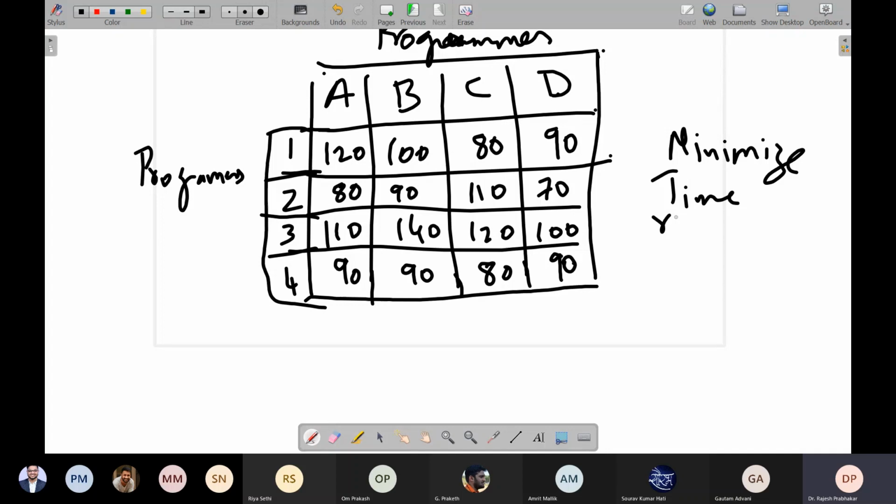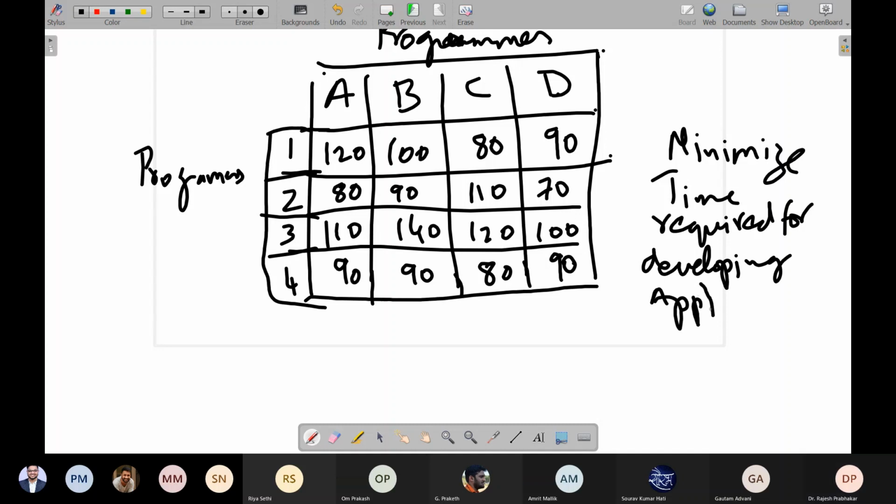How do we assign the task to each programmer such that they have the least possible time?